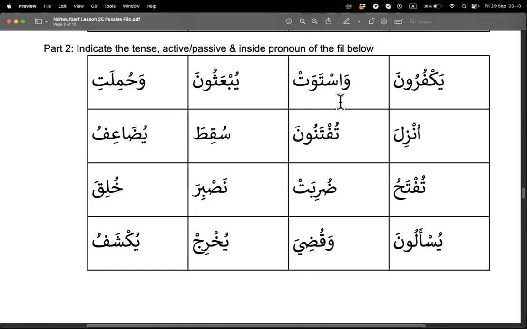What's the word? This one fa'il madhi. Who's our fa'il? The dammir fa'il is here. Good. And then is this maklum or majhul? This one maklum. Yes, because if it's majhul, it would have been